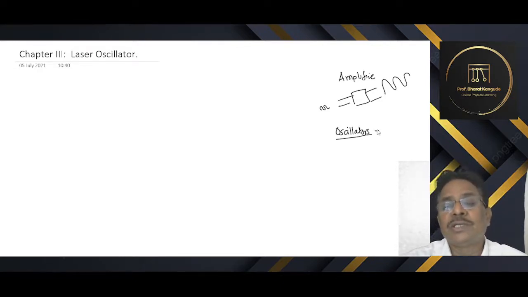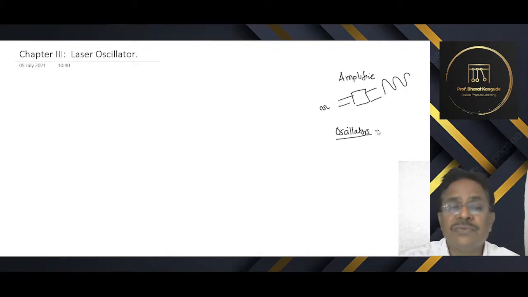So what do oscillators do? Oscillators are basically circuits which give out a certain frequency, a particular set frequency. When we set an oscillator for a particular frequency, this oscillator is supposed to give a signal of that constant frequency, and that oscillates. So oscillation is one of the very important and fundamental phenomena in electronics.